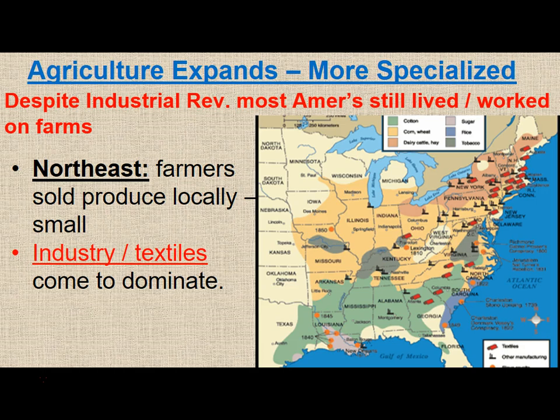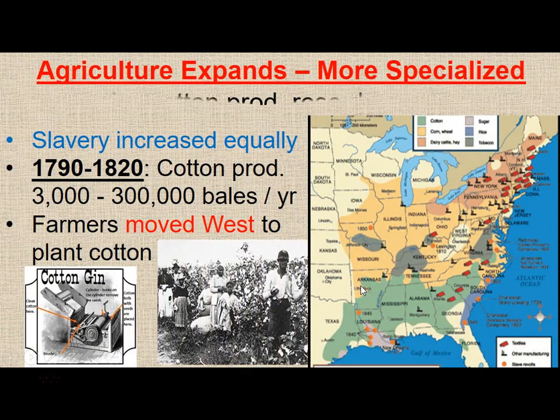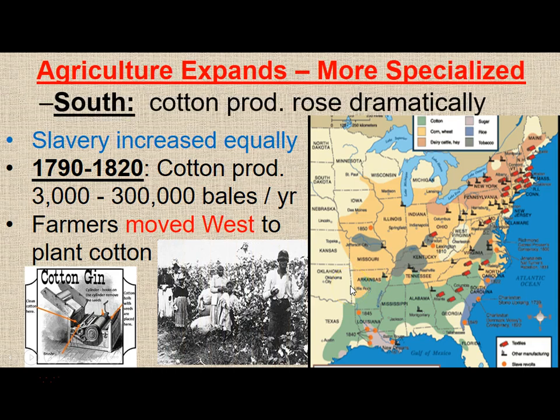Textiles, the textile industry, becomes dominant. You can see the textiles also are in the South where the cotton is being grown. But cotton and agriculture is pretty much the dominant thing. And so with this growth here in textile mills, in the textile industry, there is growth here in expansion west. And the number of slaves that are needed and desired grows. The slave population grows. For a while, the importation will increase a little bit till it's banned by Congress in 1808, but then it's just going to be through natural reproduction of slaves and birthing of slave babies in the South and the United States.